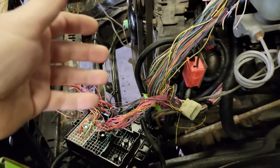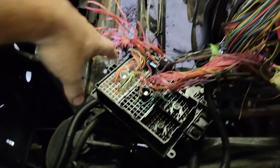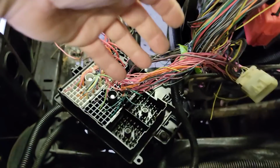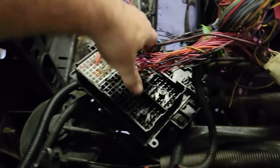So I'm still waiting on parts. Everything is such a delay these days. It's taking forever. So I've decided to go ahead and work on the wiring. I haven't got the rest of the fuse box mount and cover, so I decided I'm just going to do